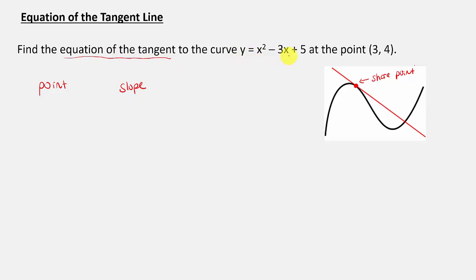So reading the question, it says find the equation of the tangent, that's what we're doing, to this curve, y equals x squared minus 3x plus 5 at this point. So they're actually telling me this point in this case, so we already have our point. But we need to be able to find the slope of that tangent line,